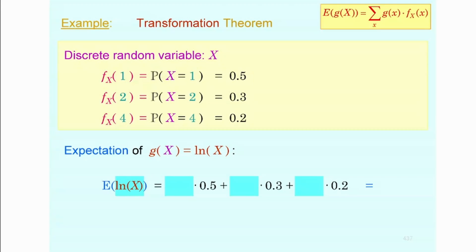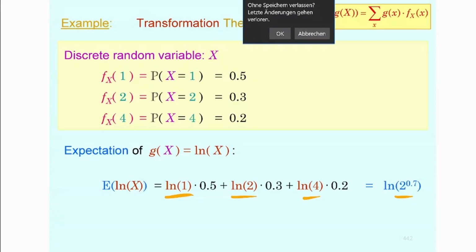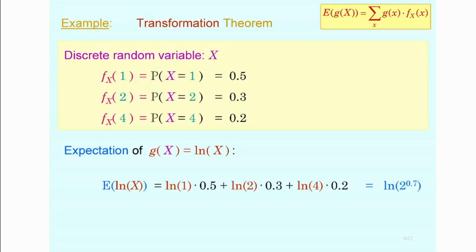And it's also true for the logarithm, by the way. The expectation of the logarithm is not going to be the logarithm of the expectation. So that's going to be actually the logarithm of 2 to the power of 0.47 if you do that. So this is the weighted sum of the logarithms. Anyway, I just wanted to mention that. But that's the principle that is applied, and that is also consistent with the applications regarding continuous random variables, which I'm not going to do. I was only considering the discrete ones, not the continuous ones.